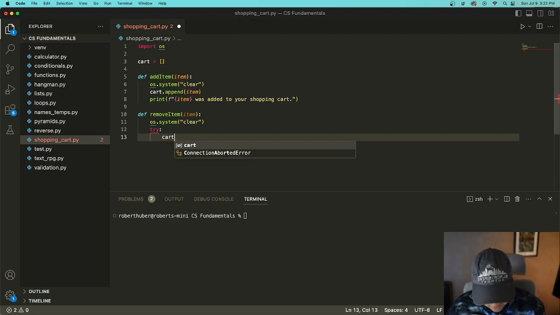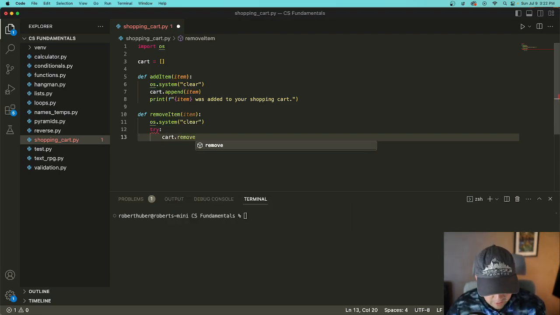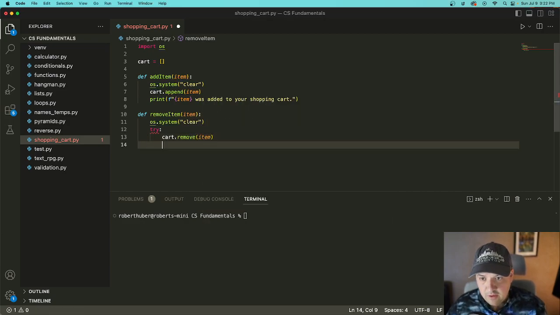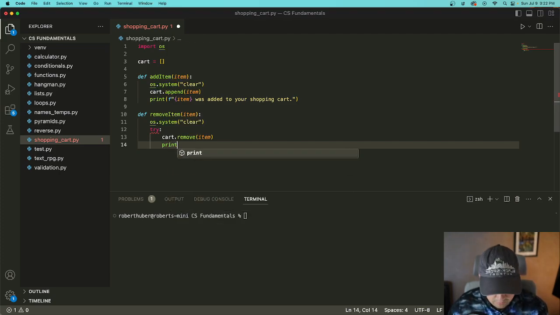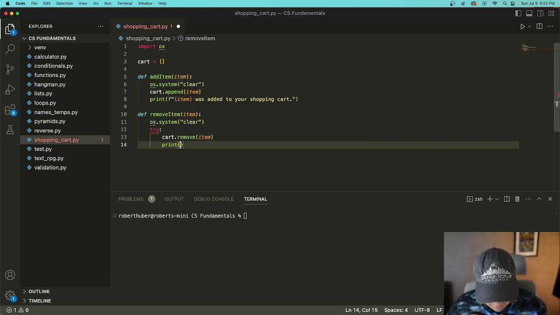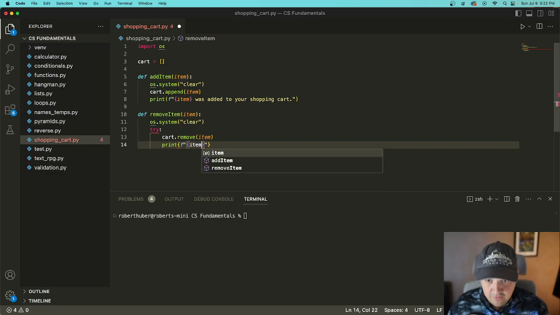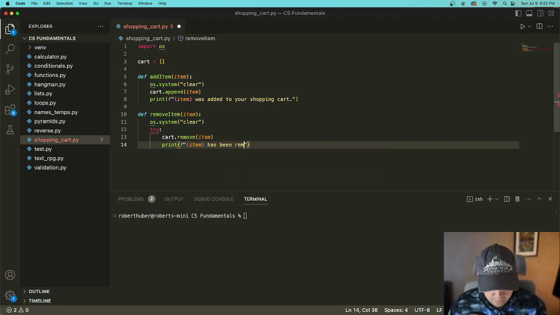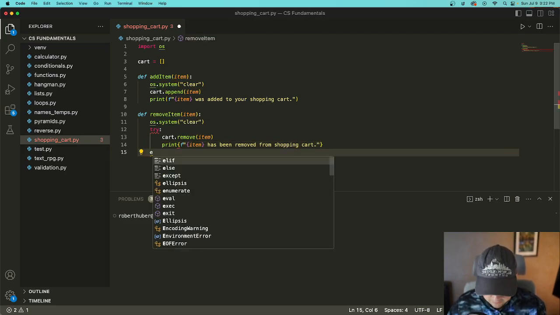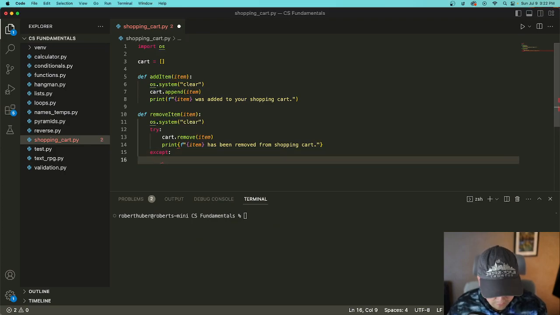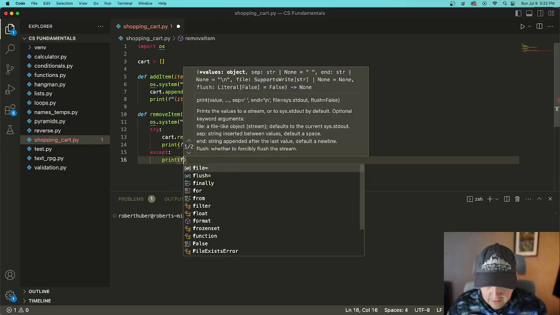So we're going to do cart.remove, understanding that this might fail. And so we want to make sure that we've got a try except block here. Each time we do this, we're going to print a statement about what is happening. If we've gotten this far, we can safely say item has been removed from list, from shopping cart, right? However, if we can't do that, if an error is thrown, we want to print something that says,